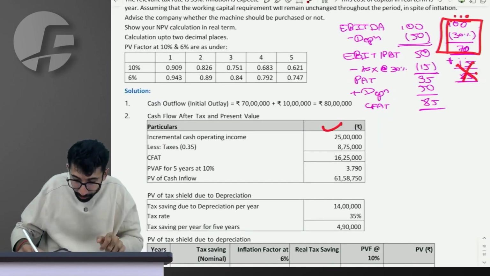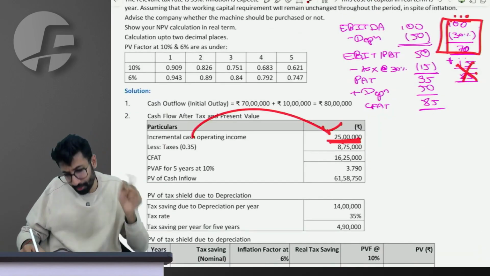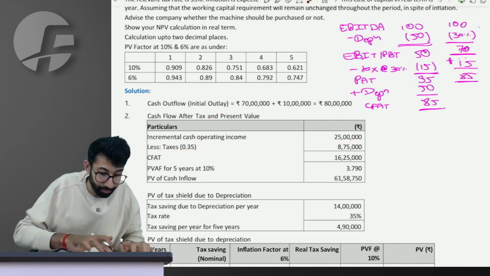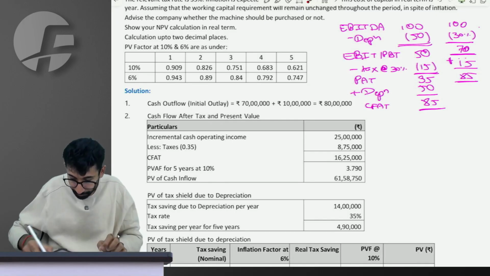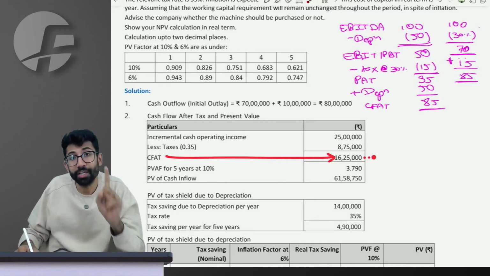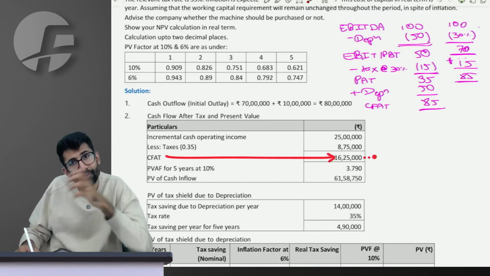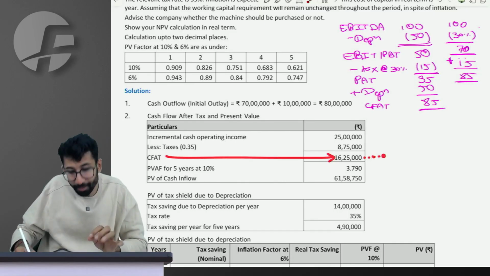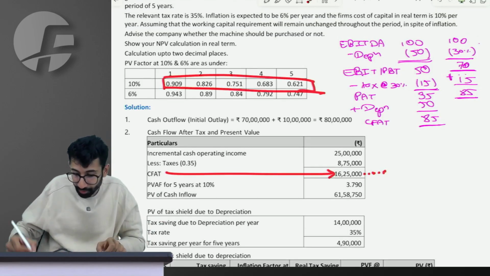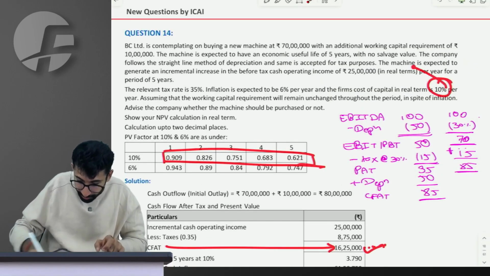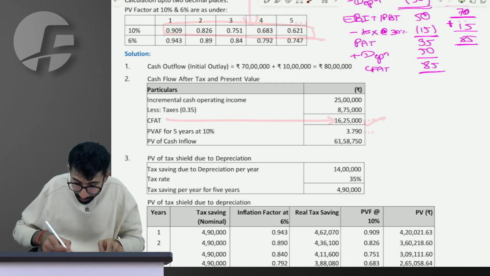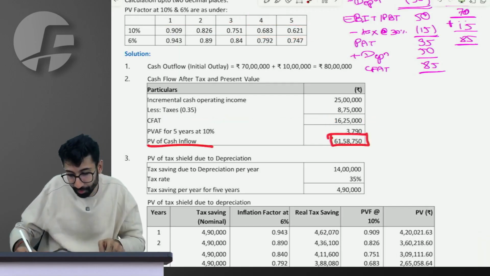For example, we say 25 lakh is the real EBITDA; minus tax rate of 35% will be the real CFAT, in which the depreciation is yet to be added. I will add it separately, because this part is the same for the next 5 years. I can directly multiply the annuity factor. This is real cash flow. Real rate is 10%, so the real annuity factor is 3.79. When I do it, the present value of cash flow in real terms is